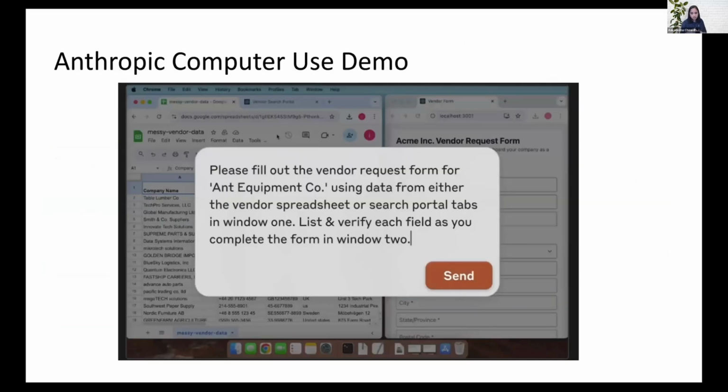And in fact, this style of work was actually released in one of the frontier models from Anthropic, where the model is asked to fill out a vendor request form from a specific company, which can be either in the spreadsheet or in a search portal, and then it's supposed to verify the fields.